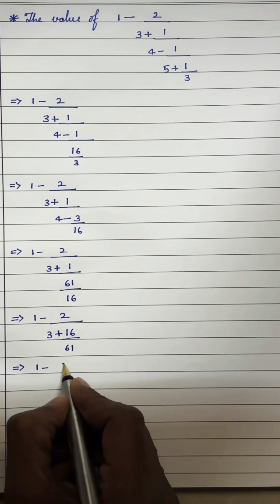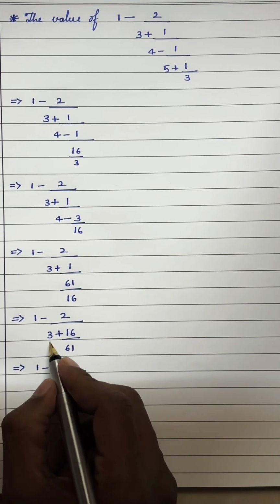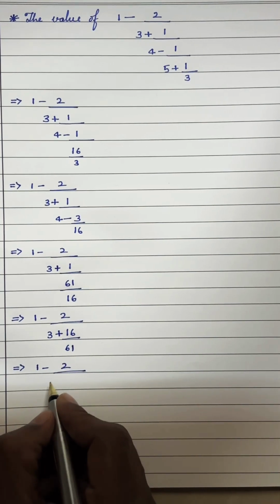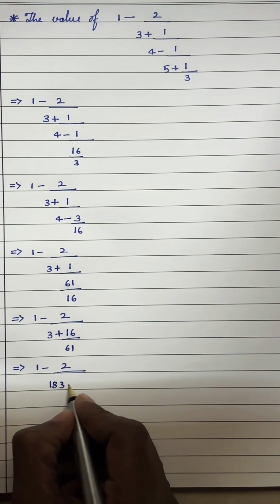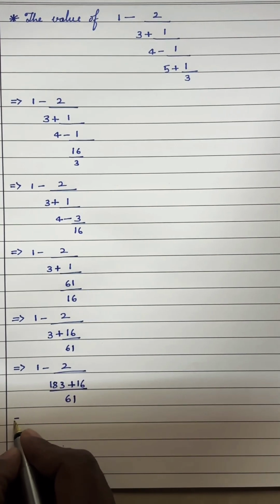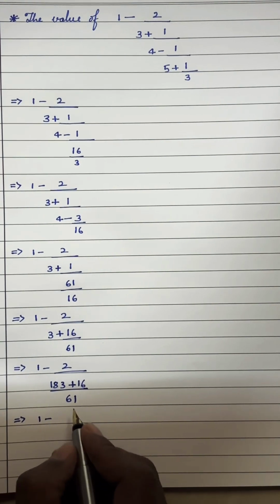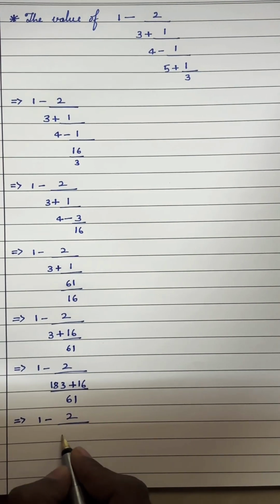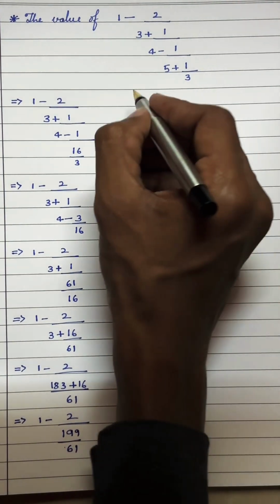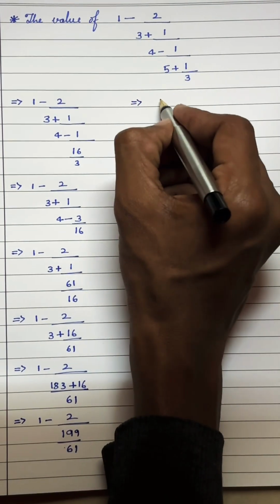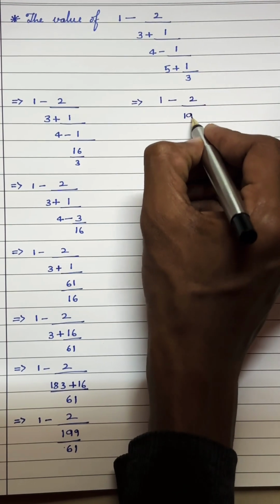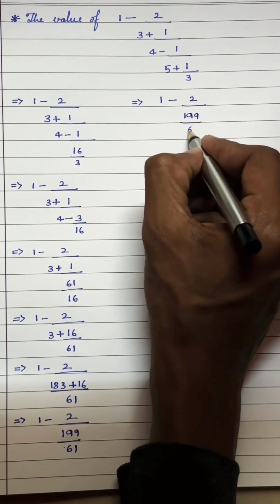1 minus 2 by, we have to solve 3 plus 16 by 61. 61 times 3 is 183, plus 16, by 61. 1 minus 2 by 199 by 61. 1 minus 2 by 199 by 61. So here